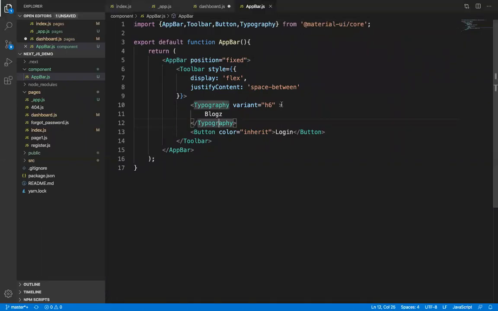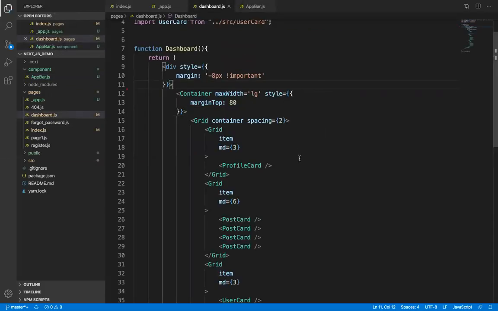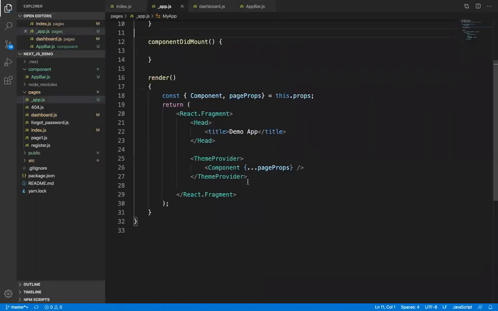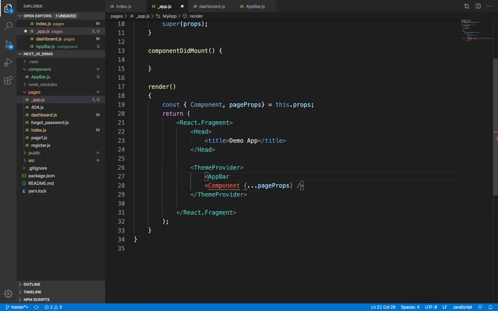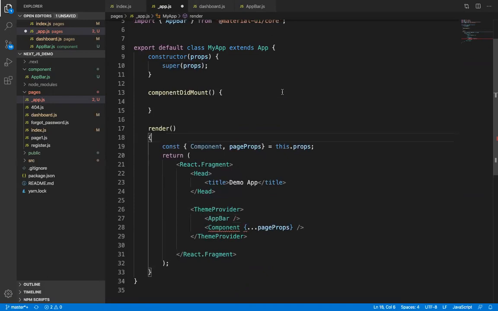So now we'll just add this to our master page. What will we do? We'll just go to app.js, and here above the component we'll add the app bar.